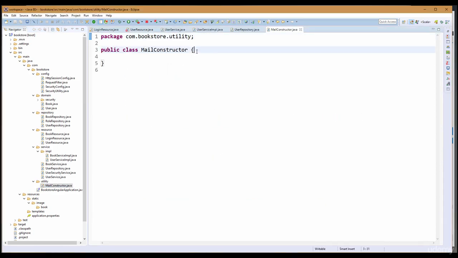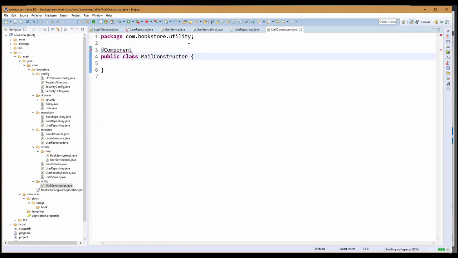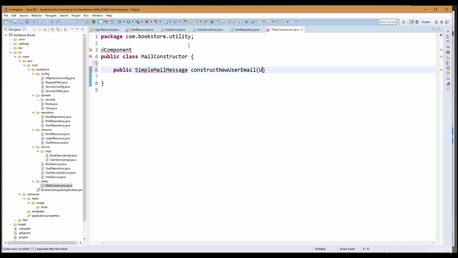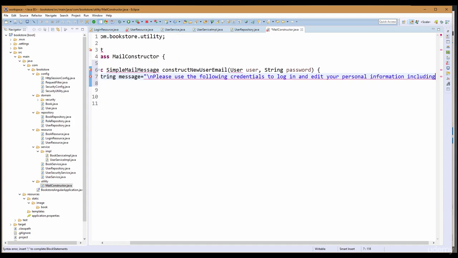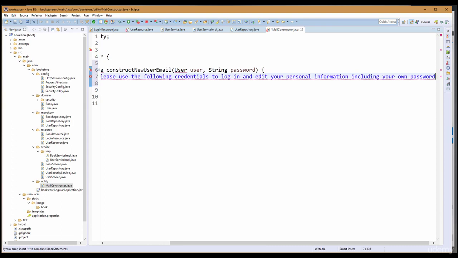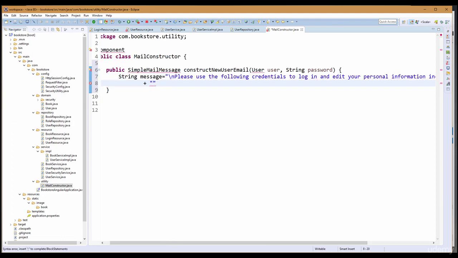Okay, and here we're gonna define some methods, but first let's register the bean, and we're gonna define a construct new user email, which takes a user and the password, add these parameters, and what we're gonna do here is create a new string message equals to: Please use the following credentials to log in and edit your personal information, including your own password. Okay, and then we're gonna have \n